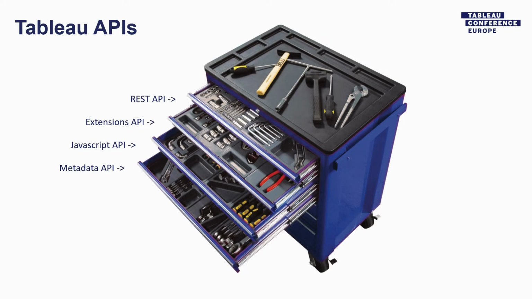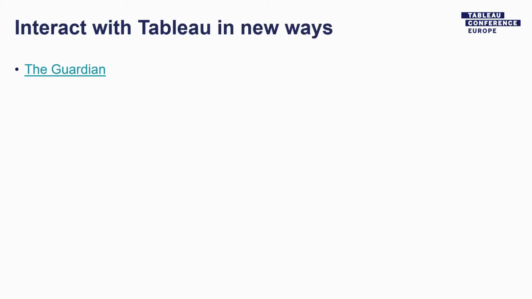And you have a new API coming called the metadata API, and this one is very close to the Tableau catalog, so you can retrieve information like how many times it's used, etc. And that API is currently in alpha, but it's coming, and it's showing that Tableau is adding more drawers to the Tableau toolkit every year. And for a developer, it's like opening up the toolbox and creating more and more possibilities, and that's really cool. And to give you an example of this,